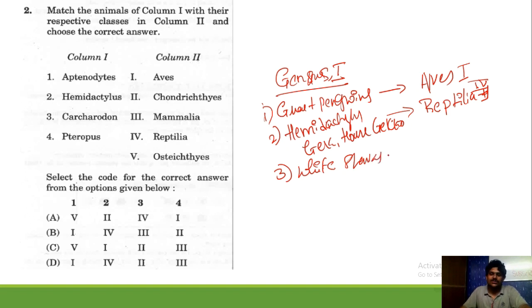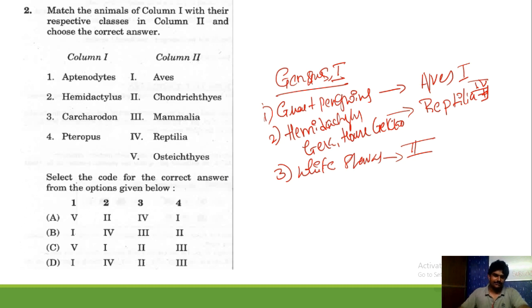This is the trickiest one, because you can see two classes there. One is Chondrichthyes and the other Osteichthyes, which come under the fishes itself, right? So we have to know what is Chondrichthyes and what is Osteichthyes. Osteichthyes are the scaly fishes, but Chondrichthyes doesn't bear any scales on the body of the fish. As you know, sharks don't have any scales, so skin will be there. There is no presence of scales over the body, so that's why it comes under the Chondrichthyes. That option is the second one, right?